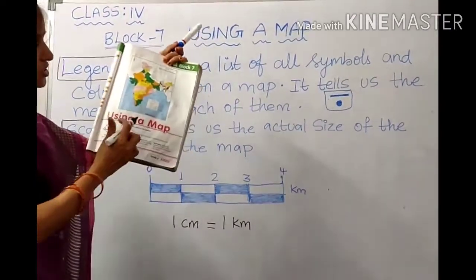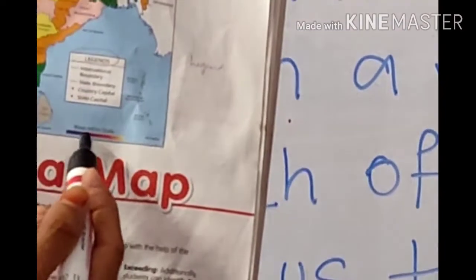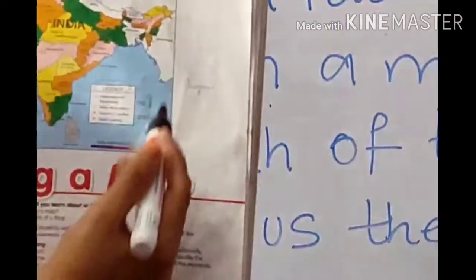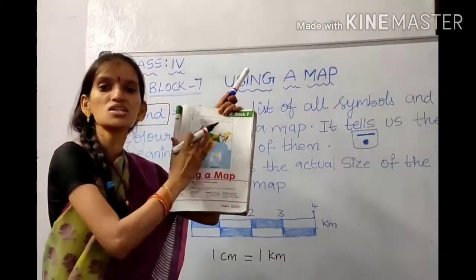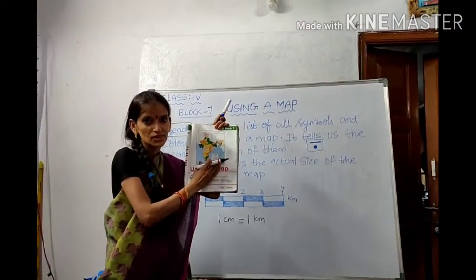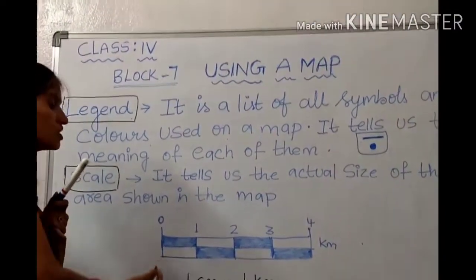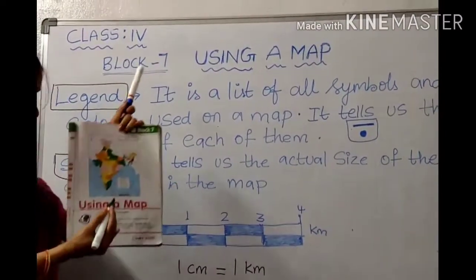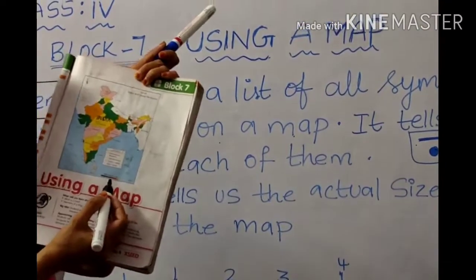If you have seen in your textbook, here they have shown the map, scale, map not to scale. This map is not for a scale. They didn't take any scale for this. That means it is a sketch map. So if you take any scale, it will be shown in the map towards the downwards of your map.